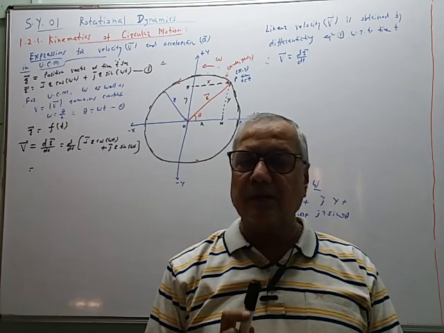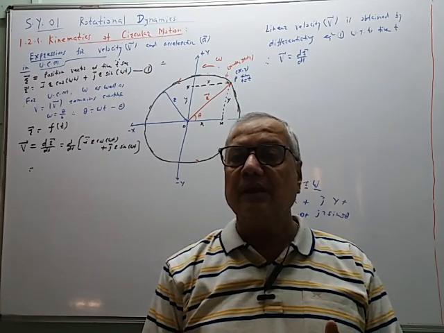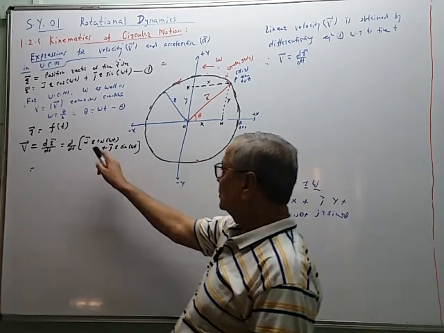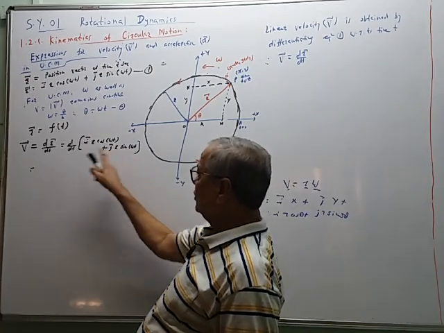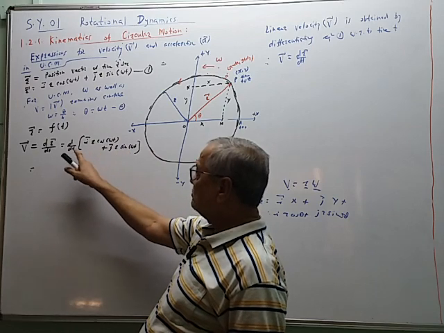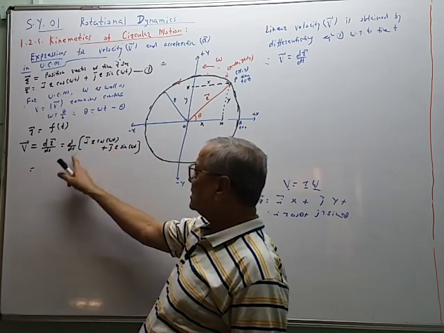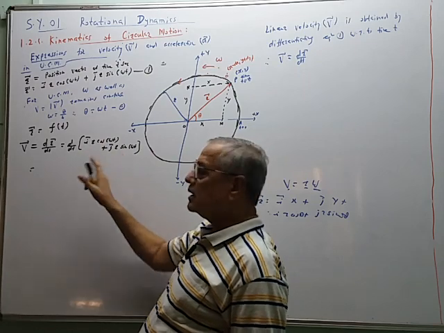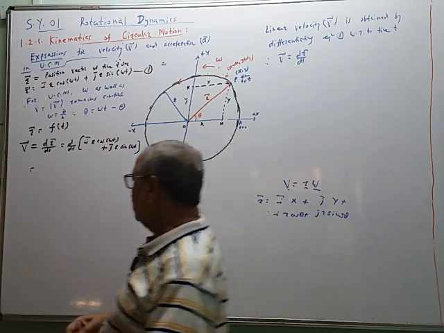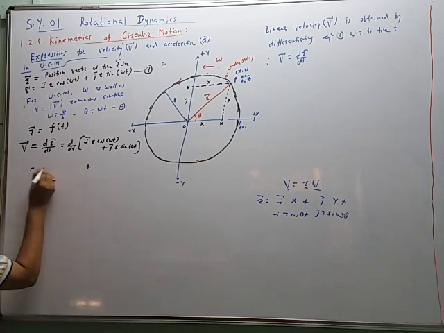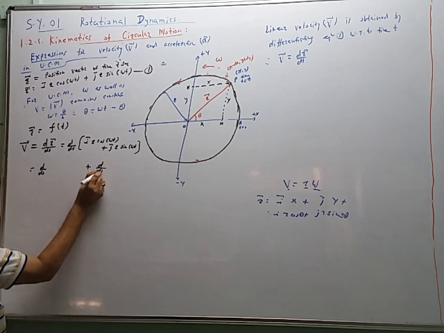Now, in the 11th chapter on mathematical methods, there are two parts of calculus. One is differential calculus and the other is integral calculus. So what is the rule of differential calculus? Say this is a plus b. So d by dt of a plus b is equal to the sum of the derivatives. That means we take the derivative of the first term separately and the derivative of the second term separately. So the first rule is: the derivative of the sum is equal to the sum of the derivatives, d dt of the first term plus d dt of the second term.